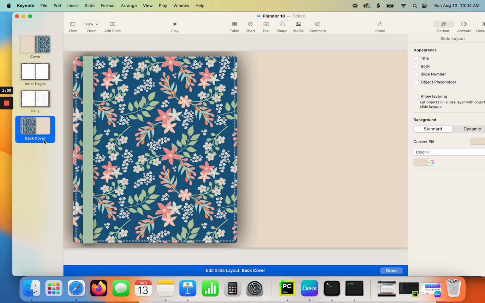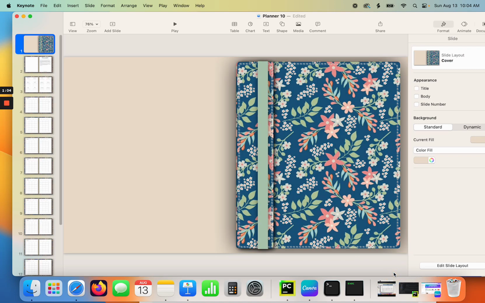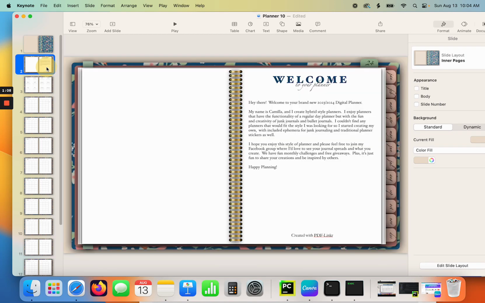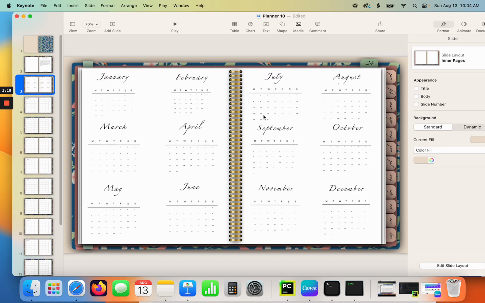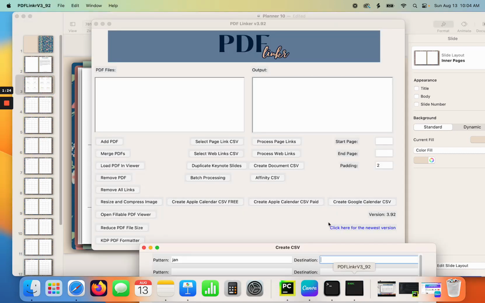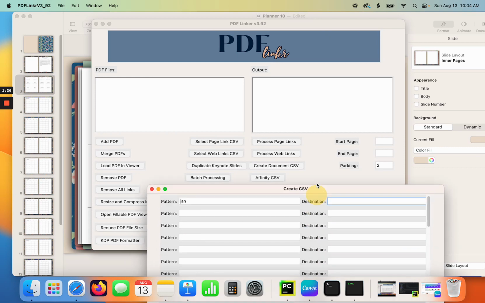And we're going to duplicate these pages to make an entire planner. So what I have here is I have the cover page, and then I have just the inner pages layout, and I've copied my welcome page, and then I have a yearly overview. So what I want to do here is I want to show you that I am going to go ahead and create the CSV